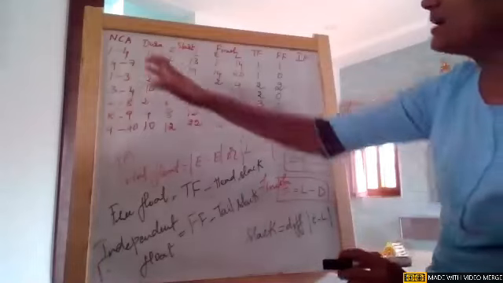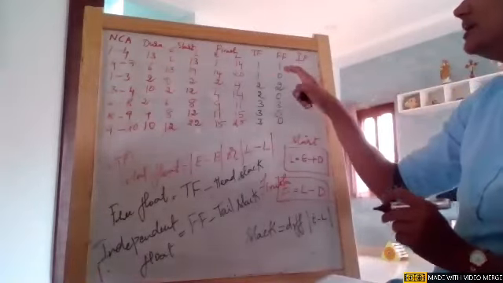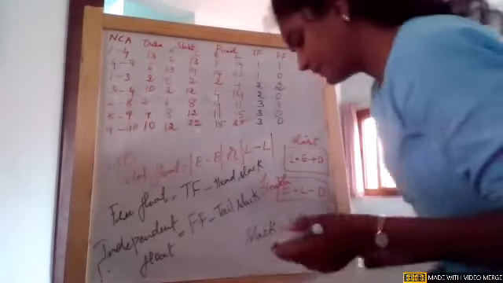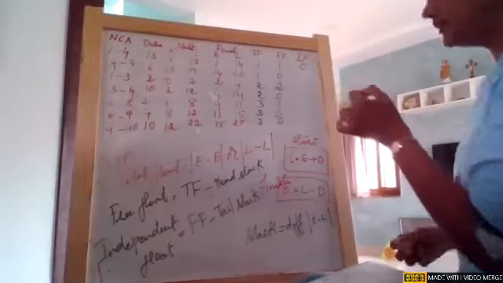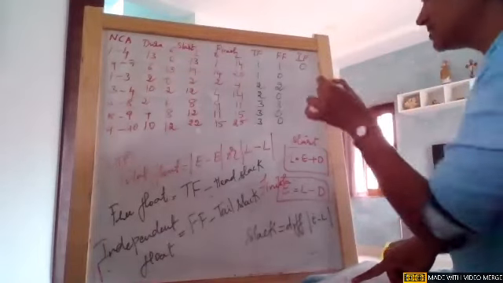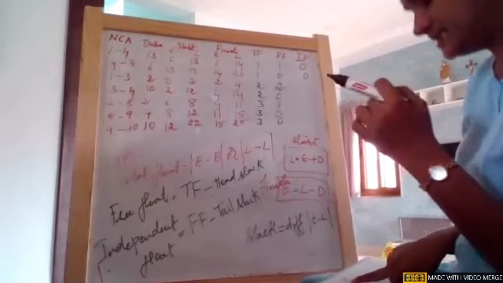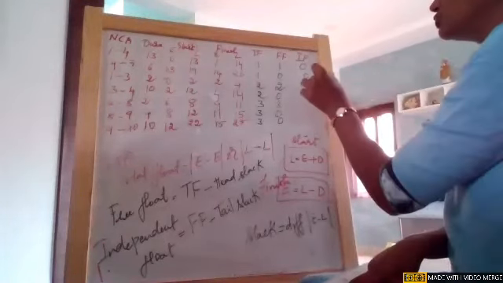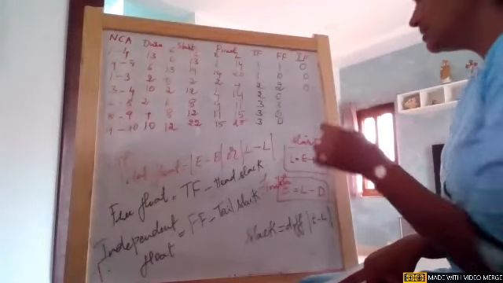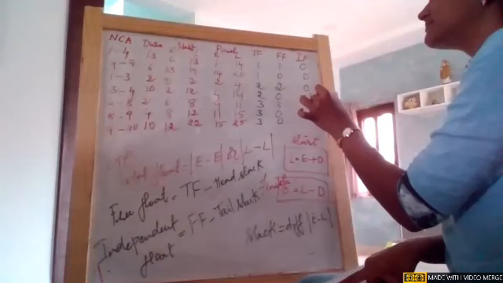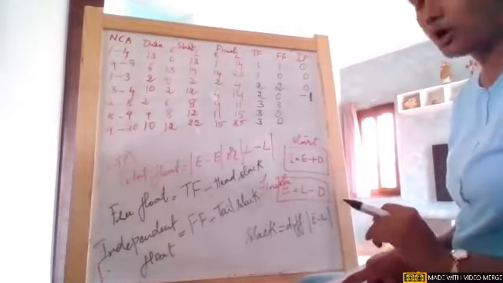Same way, tail slack, all these are tails. Free float is already here. Now go to node 4. The slack is 1. So 1 minus 1, it is 0. On node 7, the slack is 0. 0 minus 0, 0. On node 3, the slack is 2. 2 minus 2, 0. On node 4, the slack is 1. So 0 minus 1, it is minus 1. So see, girls, there will be negative value in free float or independent float.